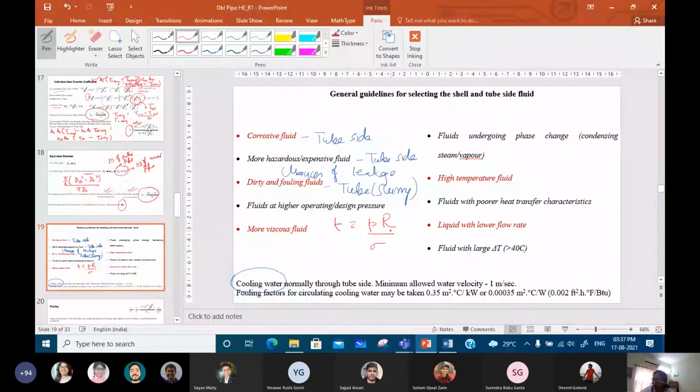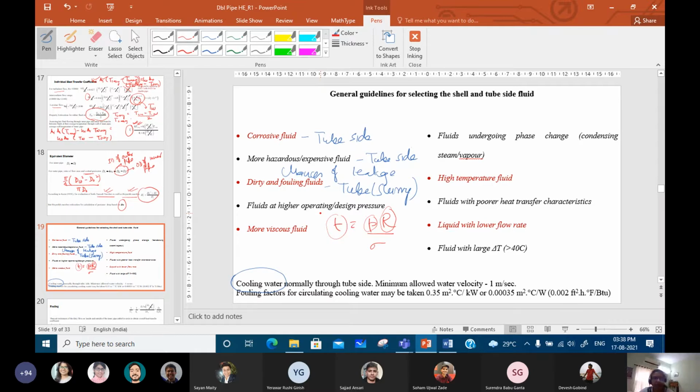Yes or no? You are conversant with this particular formula, isn't it? For any particular tube. Yes, ma'am. Fine. So therefore, from this, what do you find out? Since R is lower for the case of the tube, naturally for a higher P, the thickness will be lower. So if the higher pressure fluid is directed towards the tube side, then we'll need a lower tube thickness compared to the shell, isn't it? Yes, ma'am. Am I clear to all of you?